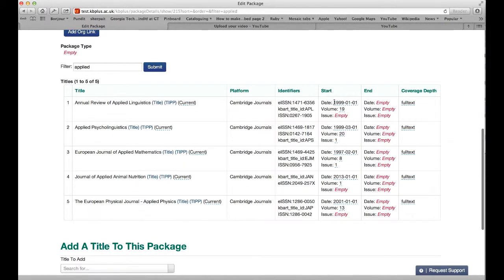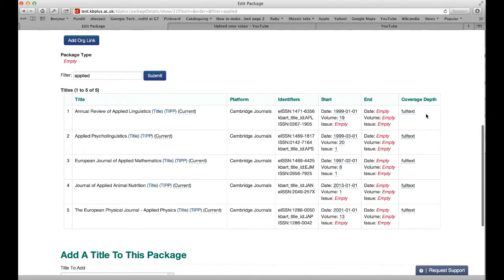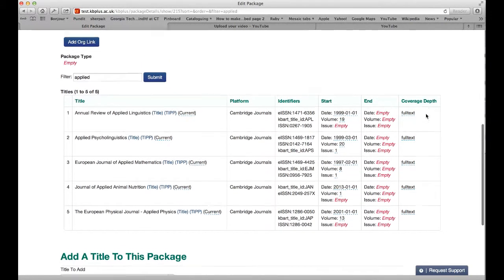We have a start date, volume and issue, and an end date, volume and issue. As usual, if the end date, volume and issue are empty, that indicates that it's up to the current issue. We've got one more column here which shows you the coverage depth is full text in this case, and